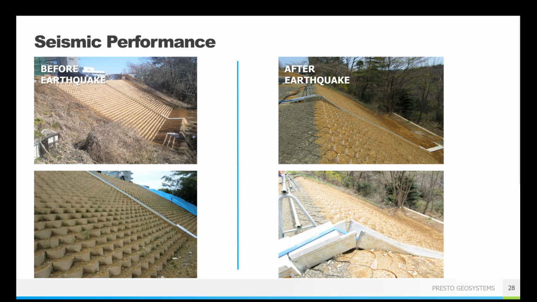The GWeb walls themselves actually stayed in place and no maintenance was required once they had to go back and try and fix that flume. The walls were exactly where they needed to be and they didn't need to be fixed. So that's a great testament to how well they can handle those types of really harsh conditions when those seismic forces do come through.